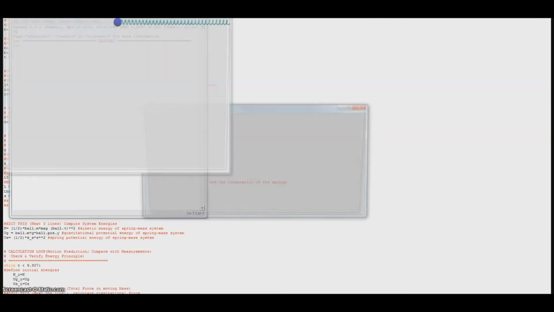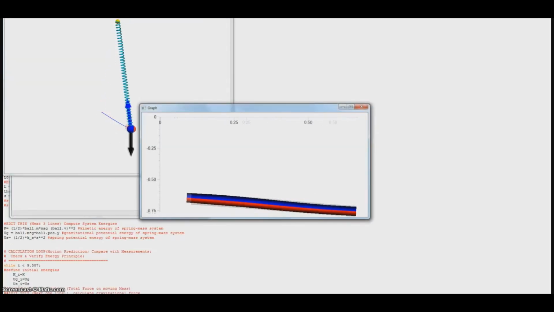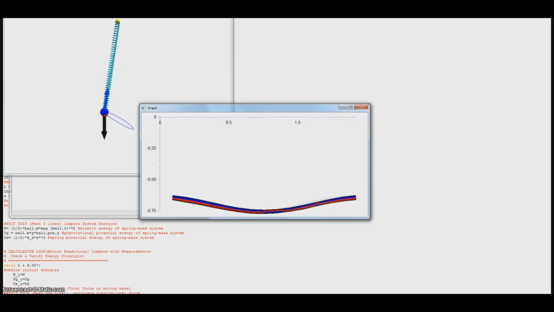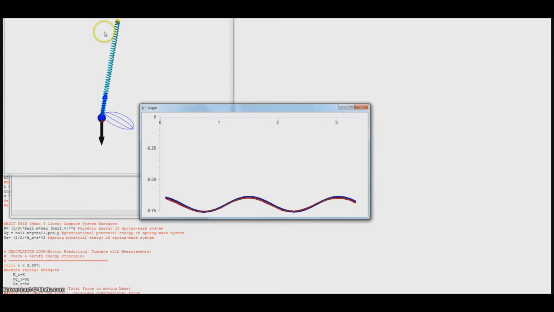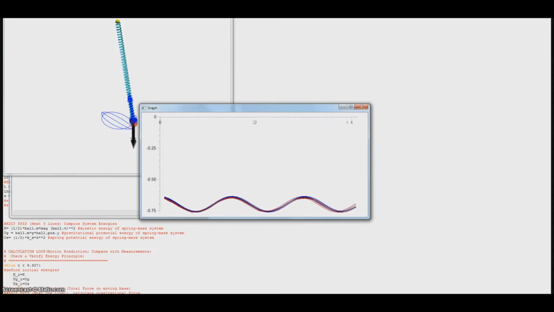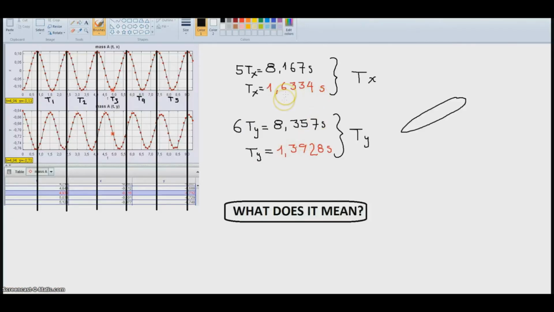When we compare our model with the experiment, we can see that they match pretty well. This is the period of oscillation from X position data, which is 1.63 seconds, and this is the period of oscillation from Y position data,